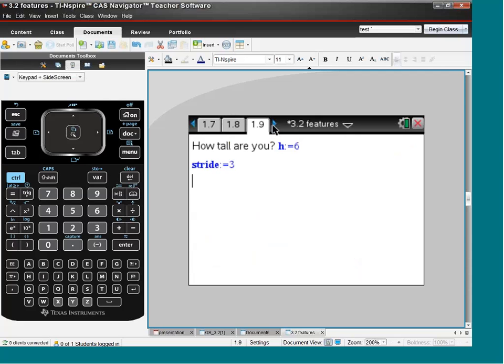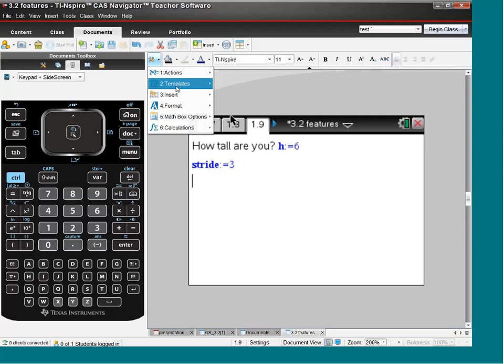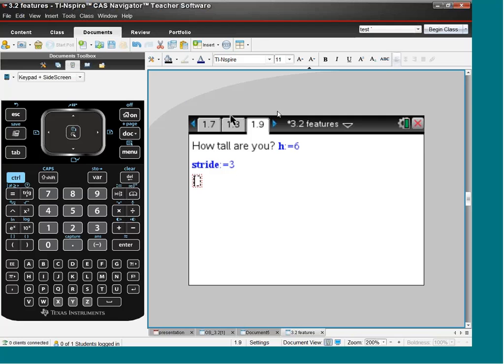One of the things, I just started playing with this and I thought it was kind of fun. I didn't get too carried away, but I used a math box here to define H. I'm in a notes page, and so I decided I want to define H. So I went in, inserted a math box, and started to define things. And I can define all the variables I want. We'll call one tall right now. If I do a colon equals